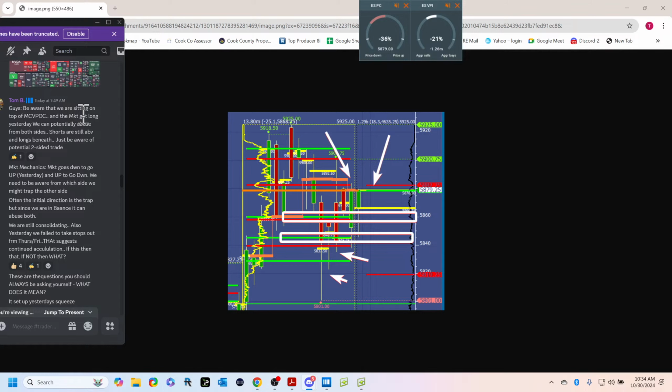7:49 a.m. Central Time, pre-RTH open. Guys, be aware that we're sitting on top of a micro-composite volume point of control. That's what this is, 79.25. This is a composite, and what it is, when we broke out into the previous consolidation, we extended out, and then gradually we went up, created a swing high, and I'm using this to anchor a swing low. So all the volume in here,